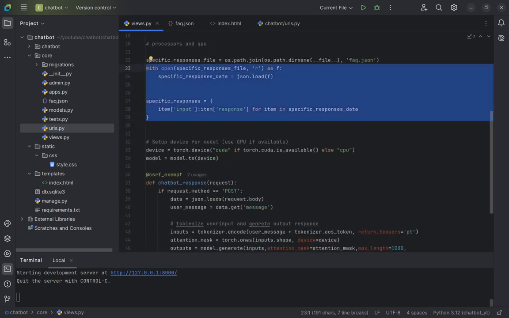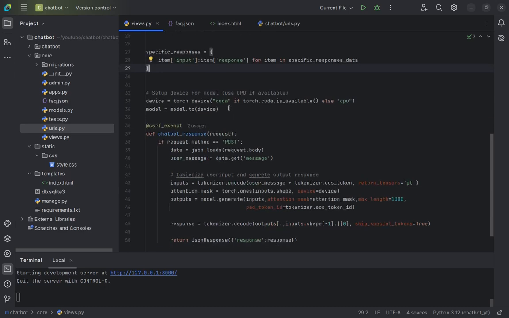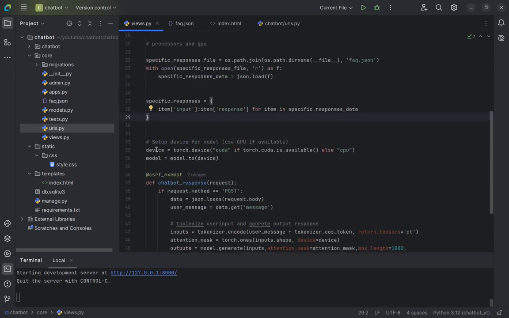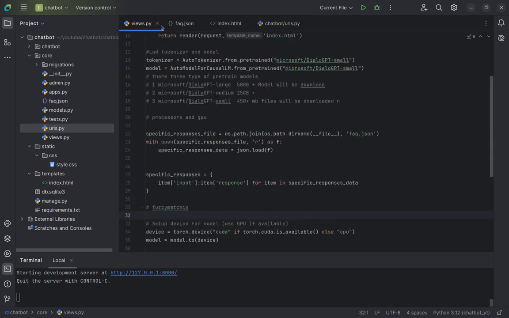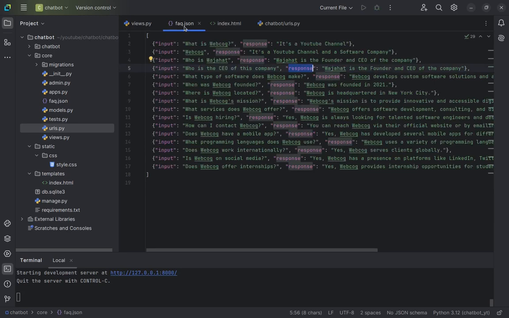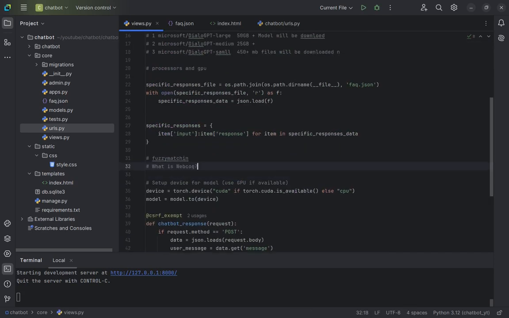Now we have to write our logic here. But before adding logic, I want to add one more thing, which is fuzzy matching. You want to know what fuzzy matching is and how it works. Basically the logic we are going to write here will only work with the same type of query. For example, if I give this query, what is webcog,